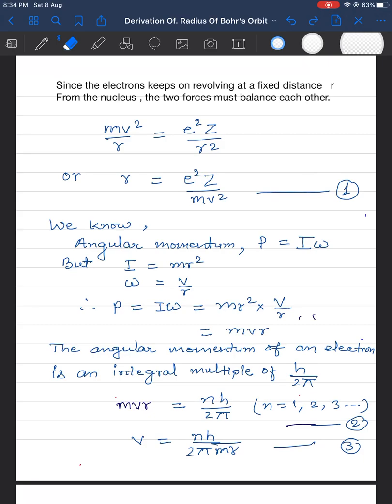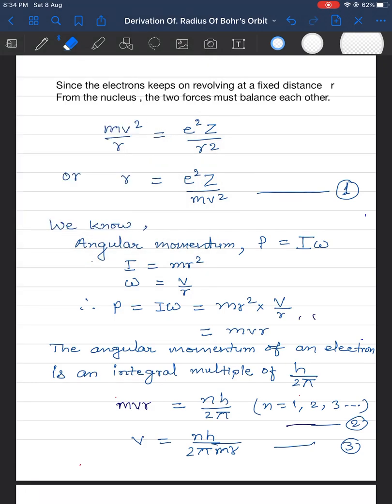mv squared by r is equal to Ze squared by r squared, or r is equal to Ze squared by mv squared. This is the first equation. We know that angular momentum P is equal to I into omega,